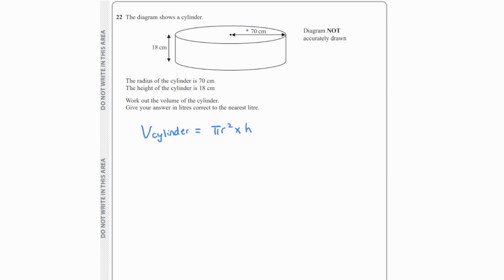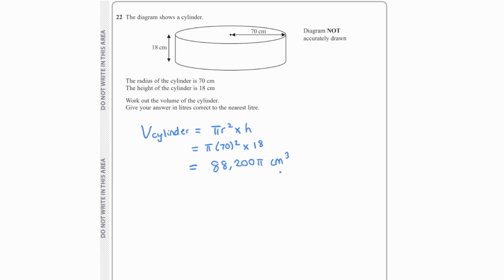The radius, they've given it to us. Sometimes they give us the diameter, so we do have to be a little careful there, but they've given us the radius, it's 70 centimeters. And the height is 18 centimeters, like this. Then go ahead and pop that in your calculator and see what it gives you. I would leave your answer in terms of pi for now. It comes out at 88,200 pi